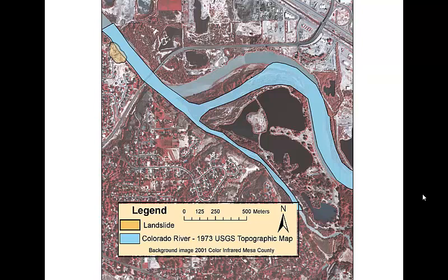So from 1973 to 2001, which is when this infrared aerial was taken, the channel migrated about 200 meters at this meander bend. Interesting note, this road, Redlands Parkway here, was under construction during the 1983-84 floods. And so this is a big fill section of road. So it was like a peninsula in a lake at that time, because this was all completely inundated during those